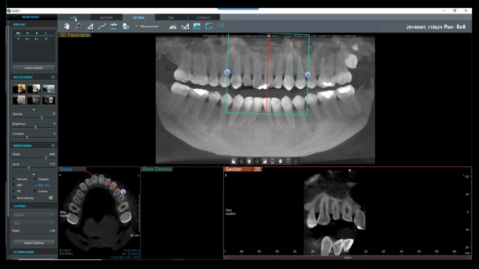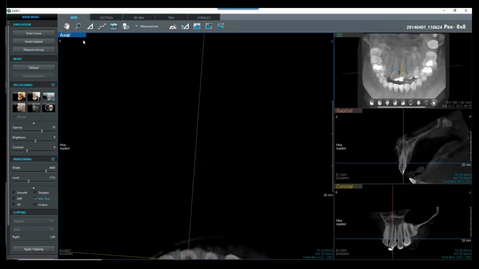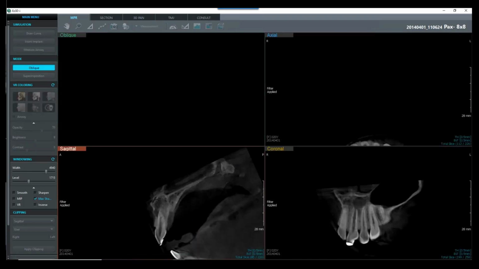One question I got, sorry to interrupt you: where did you get the oblique tool? Where's the button for the oblique tool that we just talked about? So it's on the NPR tab right there in the upper left. You see oblique there. I can either click on this, which allows me to navigate to my oblique